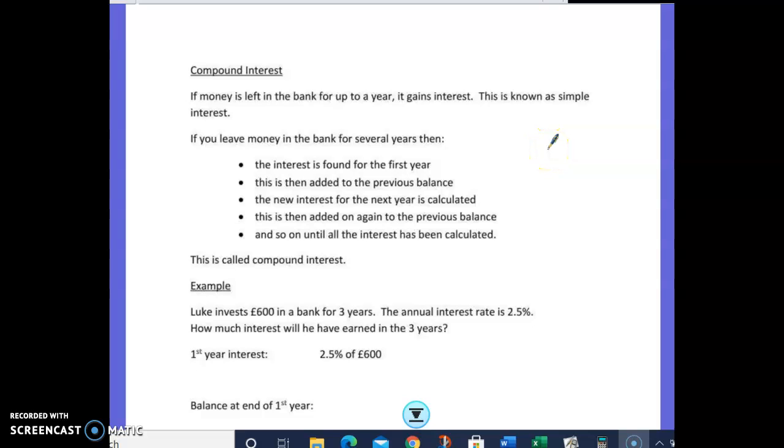We're going to have a look at compound interest today then. I haven't seen a National 5 paper yet without a compound interest type question in it, so it is a topic that you need to know. Okay,